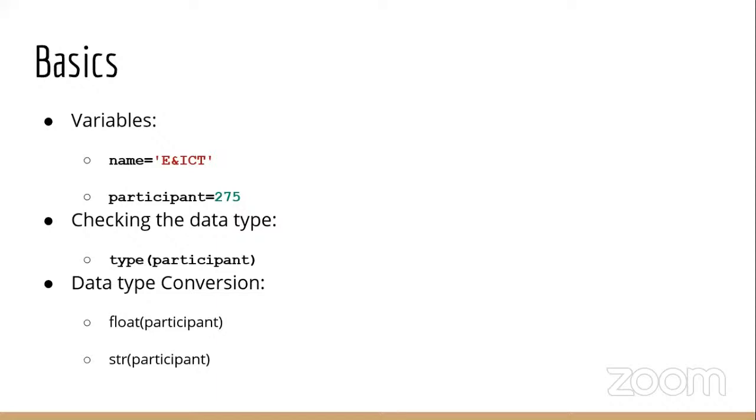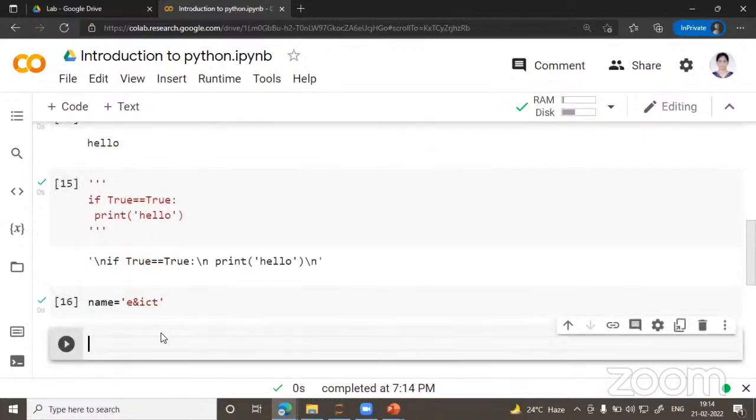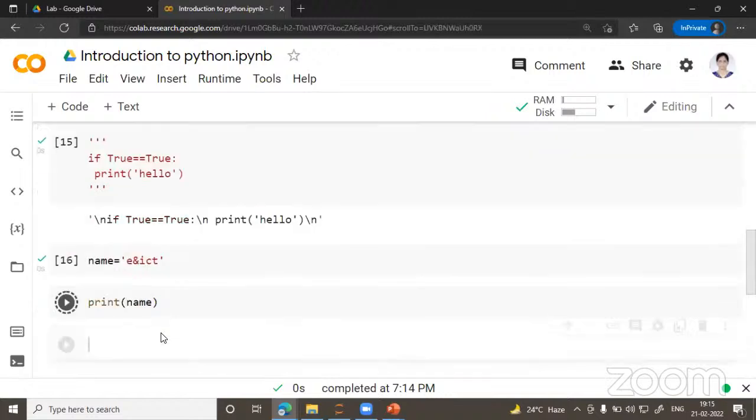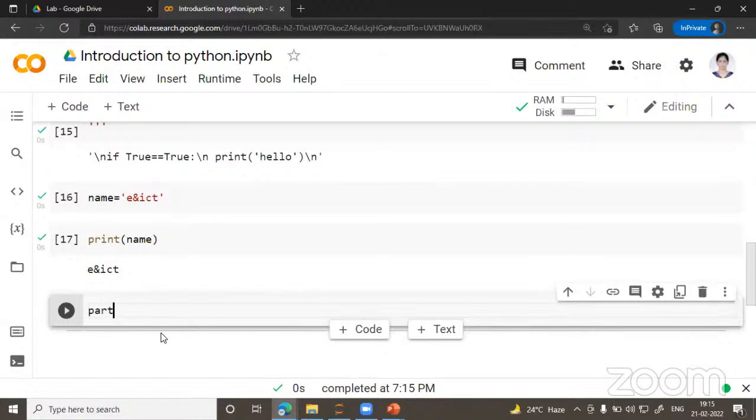So in Python, you can define the variables by just writing the name of the variable and then the value. To display the value, I'm writing print name. Similarly,